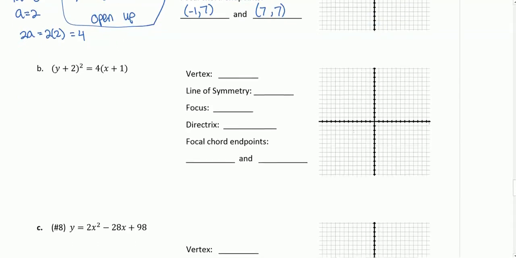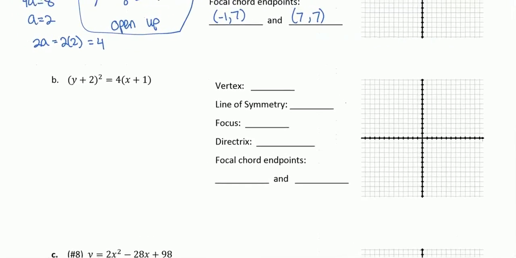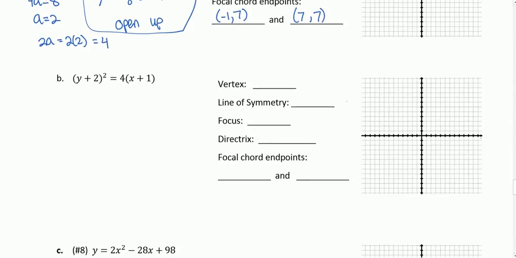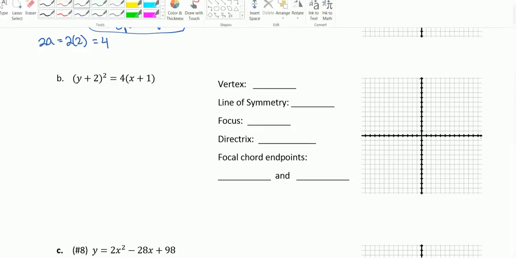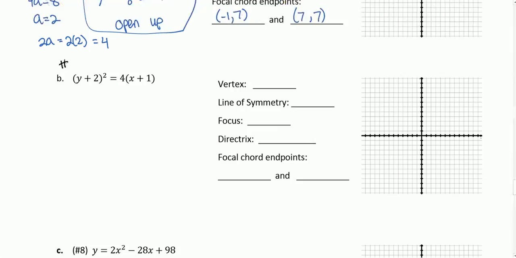So here on part B, the y plus 2 squared is on the left-hand side. And we want to move it to the right-hand side. So we want to switch sides. By the way, this is taken from number 2 on worksheet 7. So when we switch sides, we end up with 4 times x plus 1 is equal to,